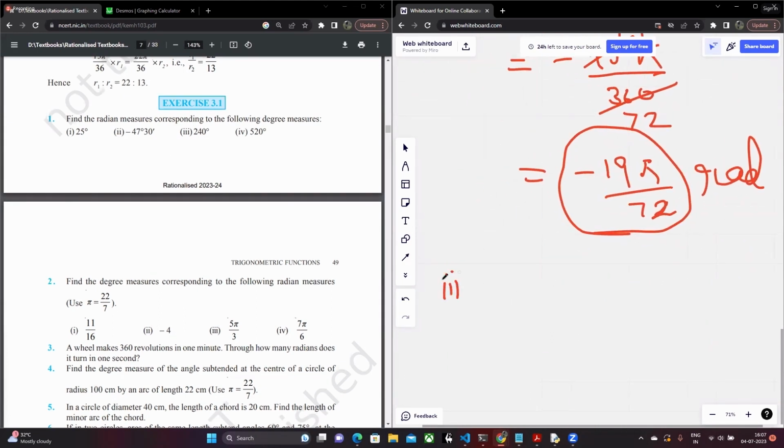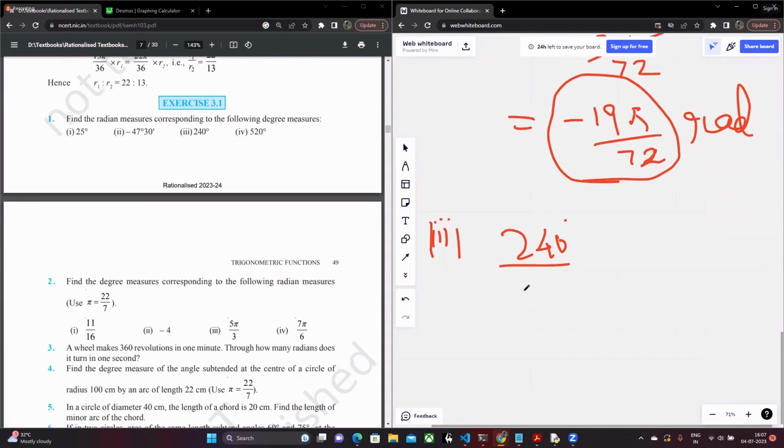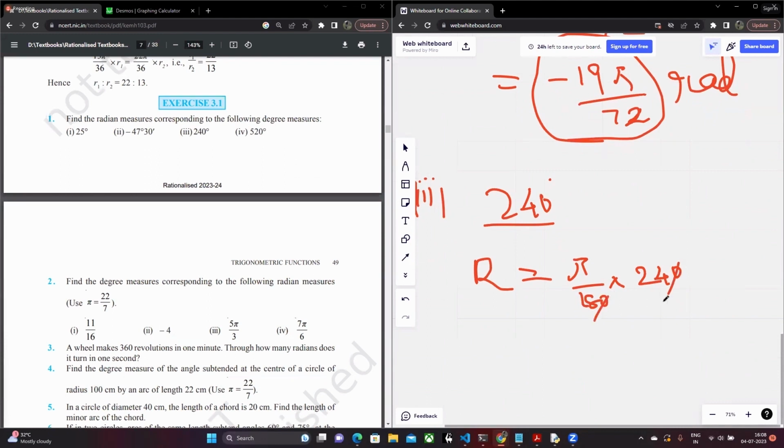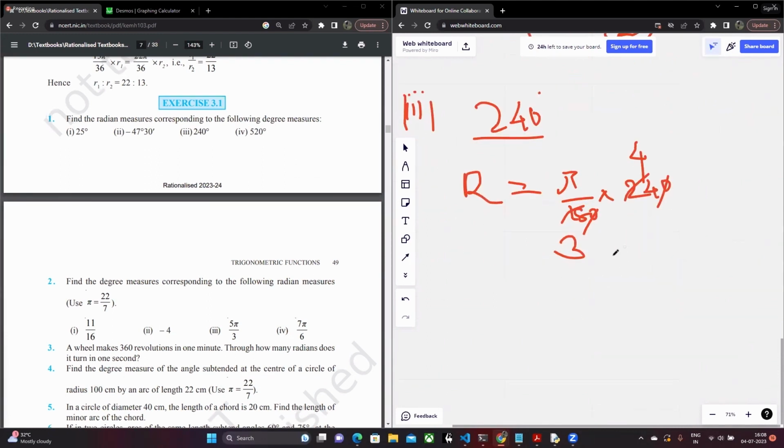Subpart number 3, fairly straightforward. This is going to be 240 degrees, all right? So you don't have any minutes or any other things confusing. Fairly straightforward. Plug it in the formula. R is equal to pi by 180 times 240, right? The 0 and 0 cancel out. Both are divisible by 6. So I'll get a 3 over here. I'll get a 4 over here. So this is basically 4 pi by 3 radians,